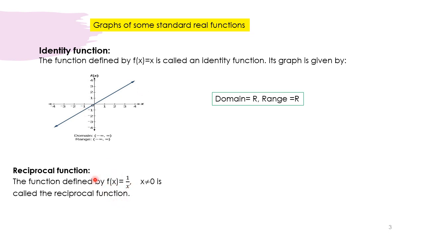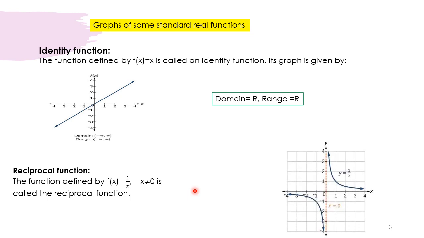And here, whenever you write x not equal to 0, it means you are taking any real value of x except 0. And what about range? For range, if you write y = f(x) = 1/x, then x = 1/y. And again, y is also not equal to 0. So this is the way we think algebraically to find the domain and range of the function.